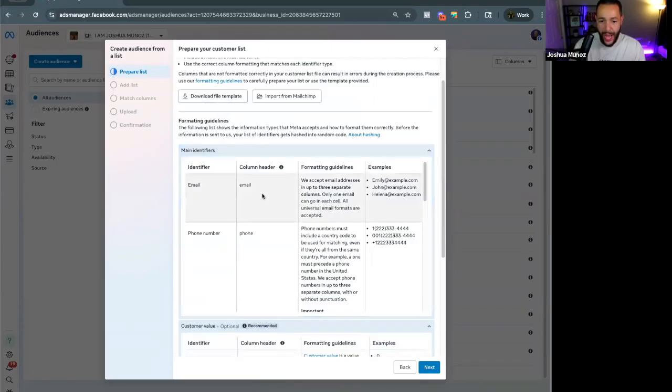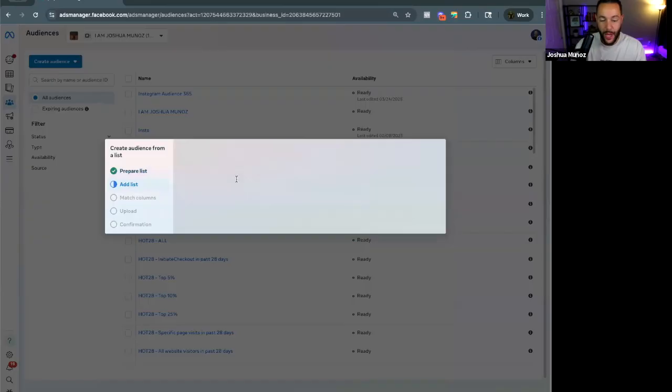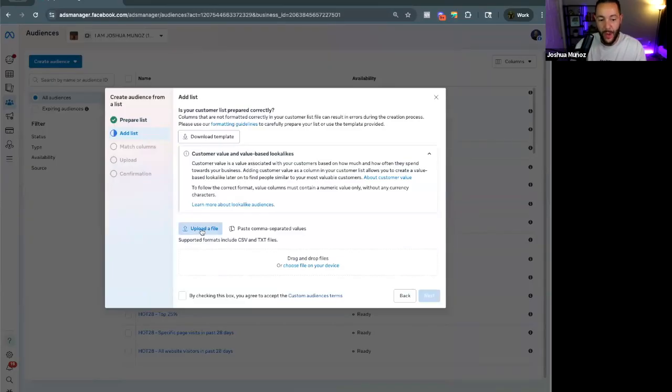So it'll show you how you want to set up your actual format, your actual CSV, and then you'll go to the next slide right here, and then you can actually upload the CSV file or text files. I always recommend a CSV file, and you can just upload it and add it here, and then boom, you'll match your columns, upload, confirm, and now you're targeting your clients, and you're also not targeting clients,